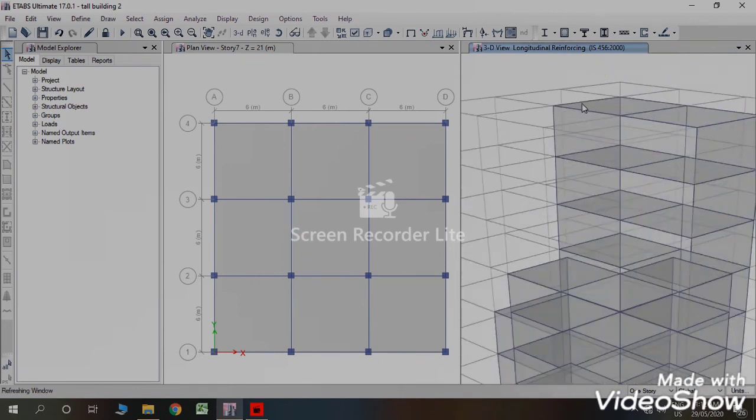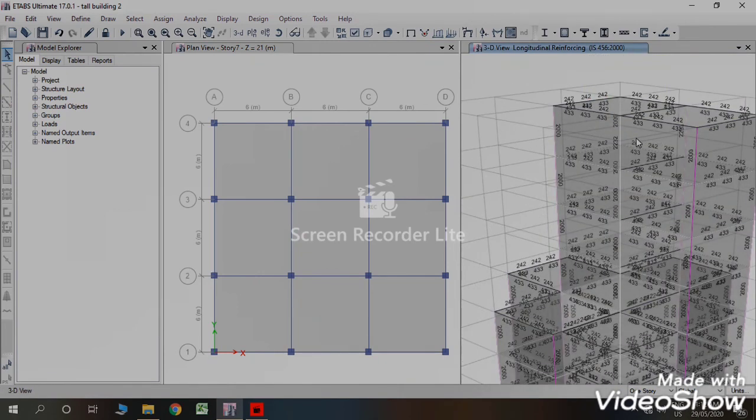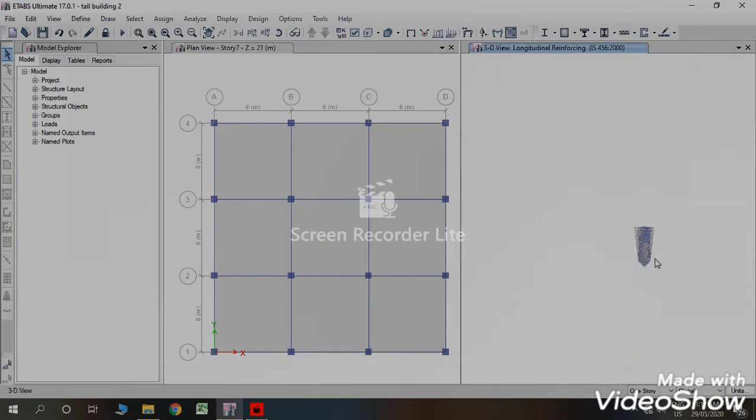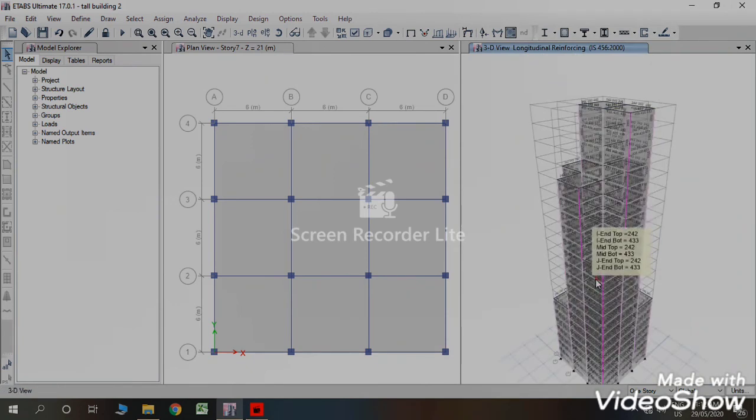Here we can see longitudinal reinforcement are there. Design is completed. In this way, using time history of Bhuj earthquake, we have completed the analysis of our building.